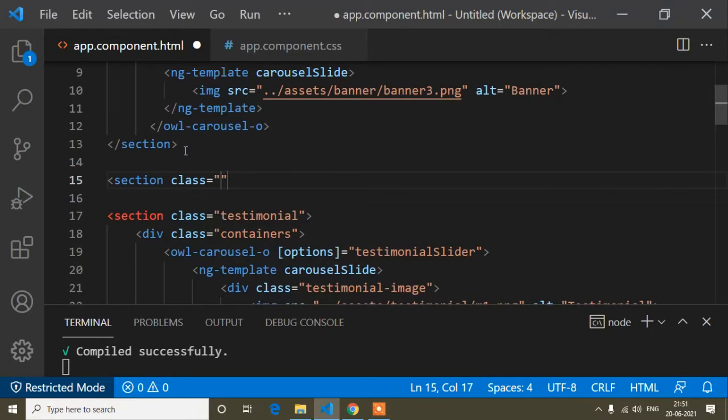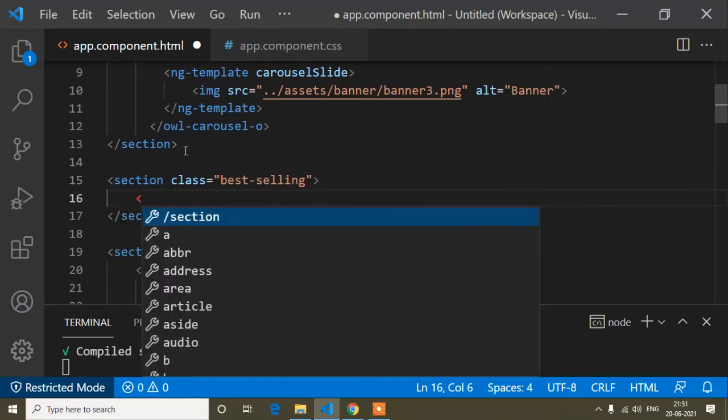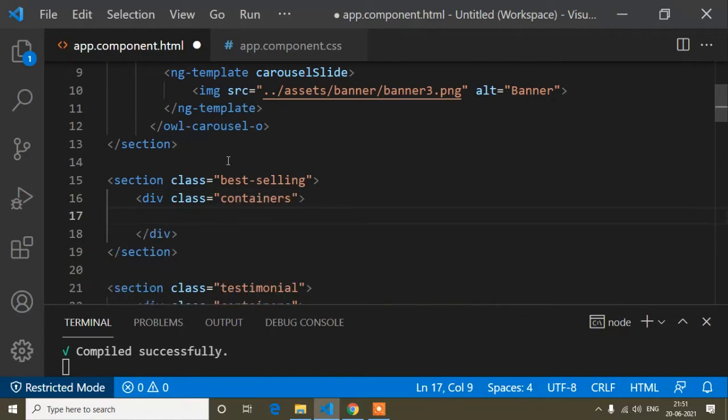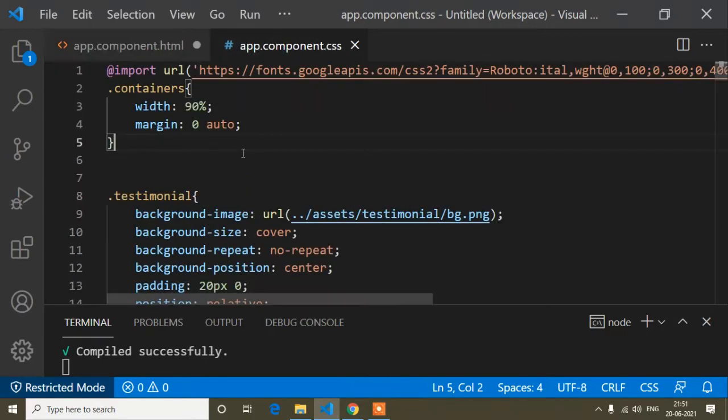So, section class, here I will write best-selling. The class name you can write as per your choice. Now here I will write div class containers. This is not a Bootstrap class; for this class I have added some manual CSS properties.